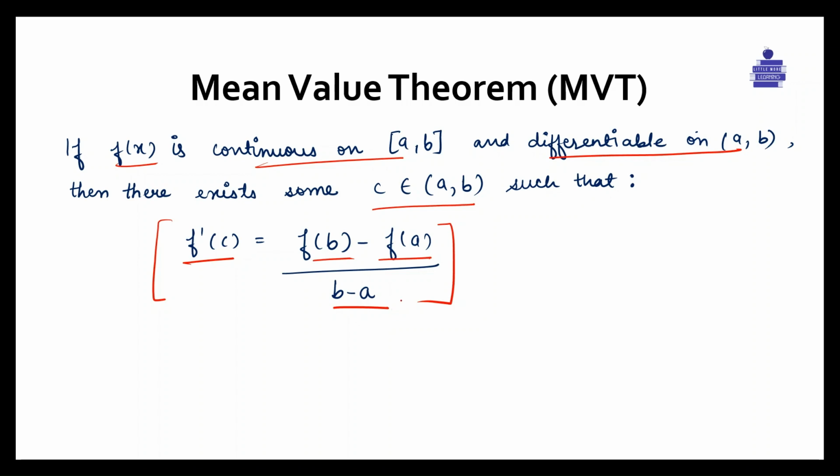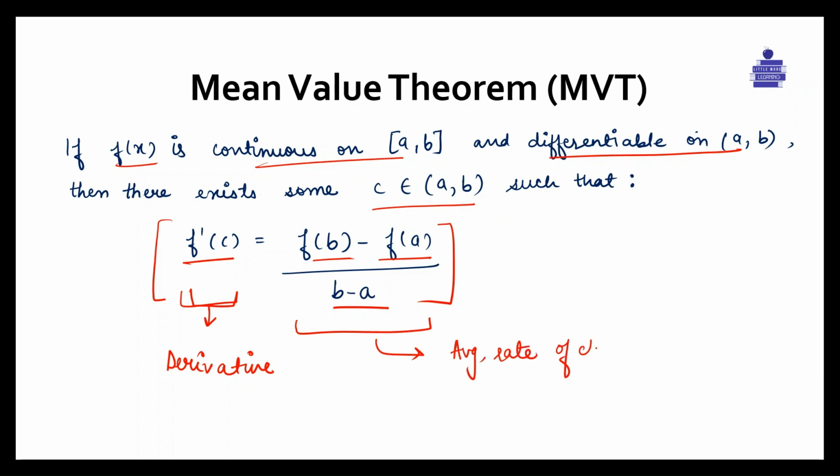So this is our derivative part, or we can say the instantaneous rate of change. And what is this entire term? It is our average rate of change. Both of these theorems help in proving convergence of root finding algorithms, and apart from that, they provide insights into function behavior used for error analysis.